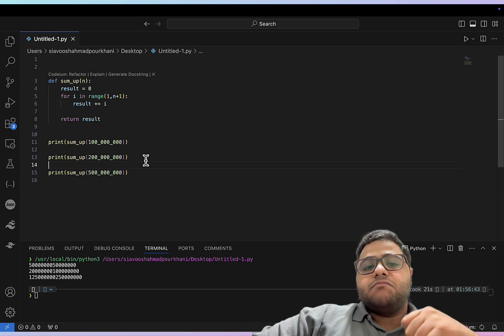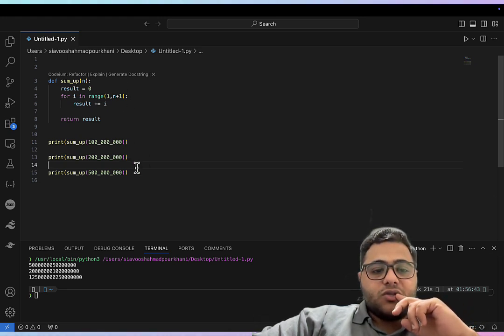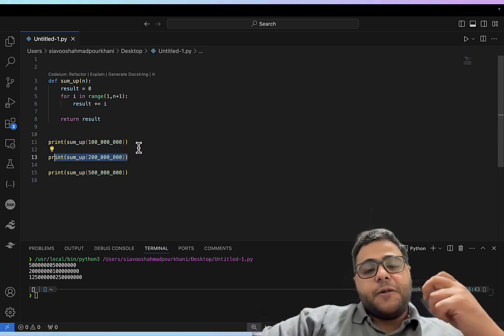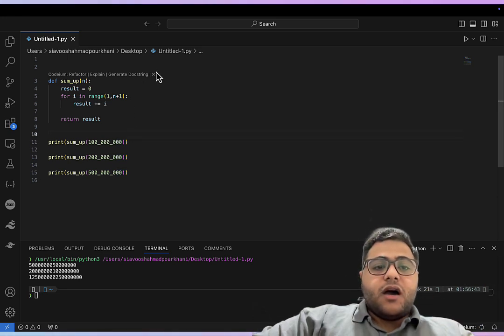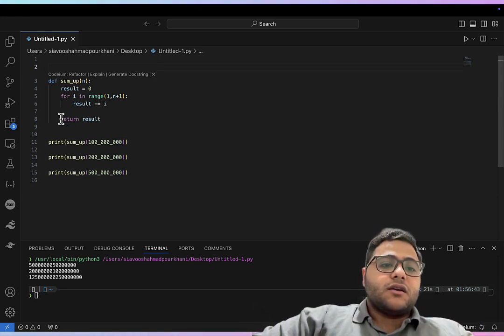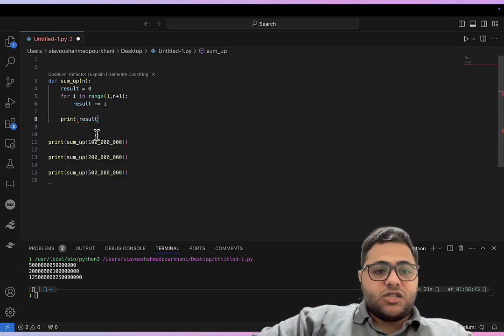So the reason it takes too long to answer all these three is that this is not happening until this is done. But with threading, for this return, I'm going to just change this to print